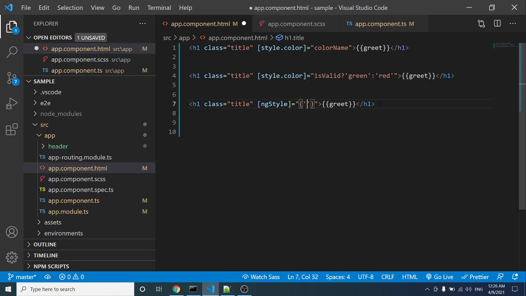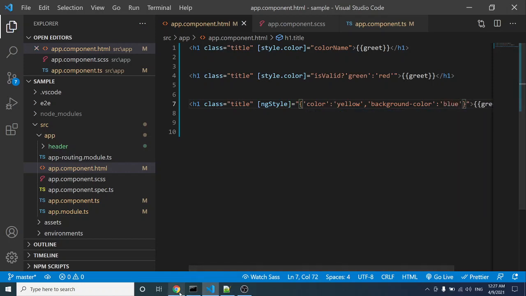For example, color colon yellow, and next let's take background-color and set it to blue.